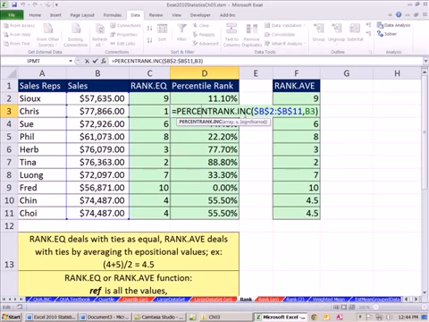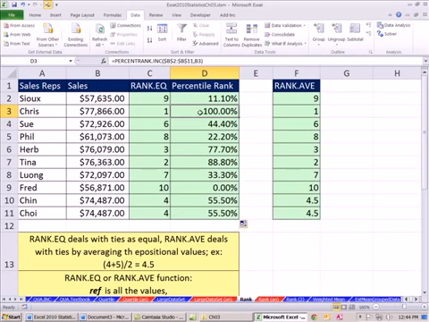And I used inclusive, right? So first gets 100, 10th gets 0. And so for any particular value right here, for example, Herb is in 3rd place. About 77% of the values are below him,